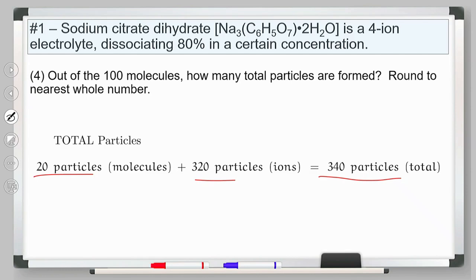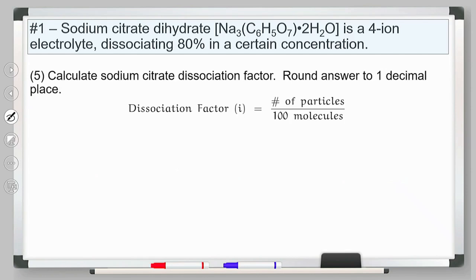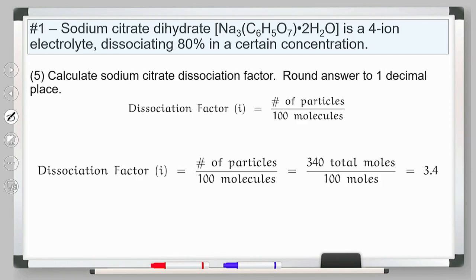All right. So the point to this now, in this example, is we've counted the total number of particles. The whole point of this is that we calculate an I value. And an I value is simply the number of particles that you generate, that is 340, out of how many molecules did you start with? In this case, we started with 100 molecules. So we got 340 particles out of 100 molecules. Divide that out, we get 3.4. So this I value, this constant we have for this chemical, sodium citrate dihydrate, it has an I value of